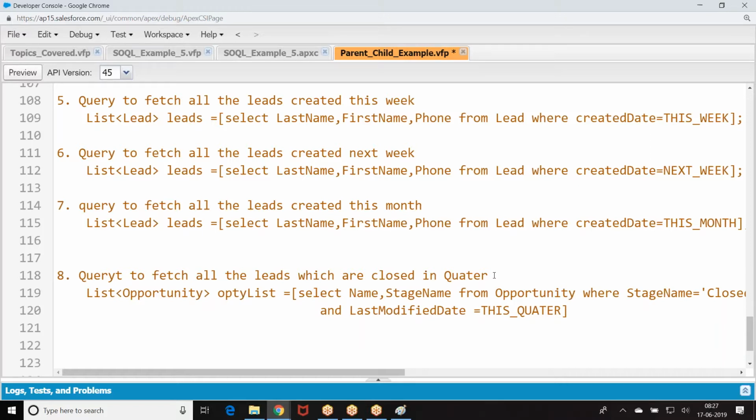It's straight away a literal. Look at the literal, apply the literal as per your choice. Now, otherwise of last modified, I can give close date equal to this one. All the opportunities whose close date is in this quarter, in next quarter, in the financial year, in the next financial year. Like that we can apply them. These are going to work on date fields. I hope everyone is good with this. Clear for everyone? Okay. Now tell me one use case we can apply using this.